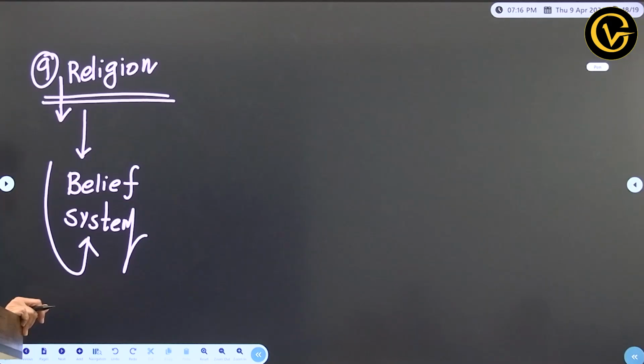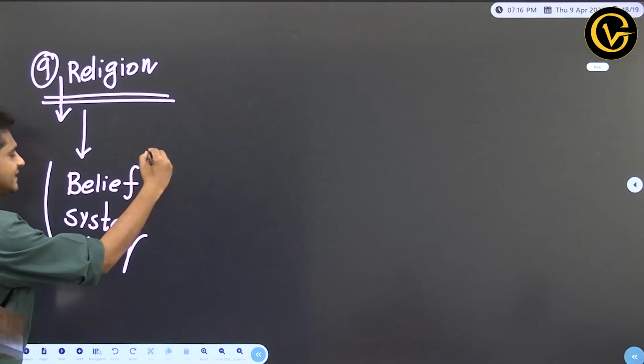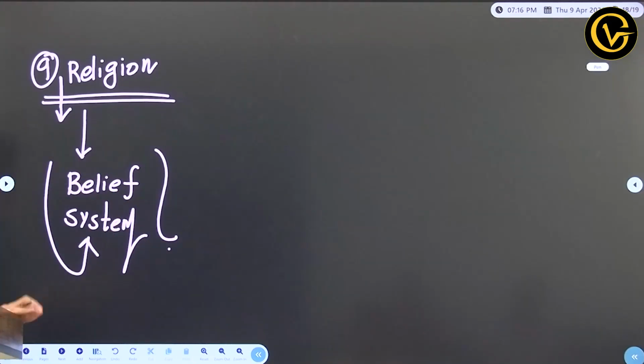Yuval Noah Harari, in his recent book, I forgot the name of the book, Nexus, calls religion an example of a subjectivity which is accepted by all. Okay, I'll do it in the regular class. For the time being, understand that religion is just a belief system. You believe in it. If I ask how many have seen God, none of us has seen God.